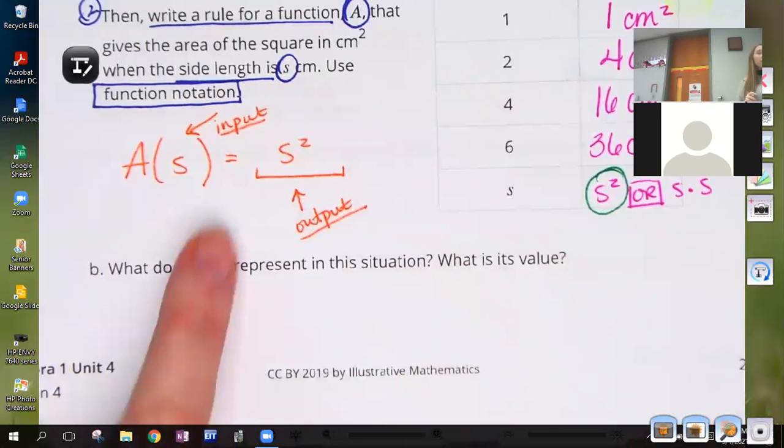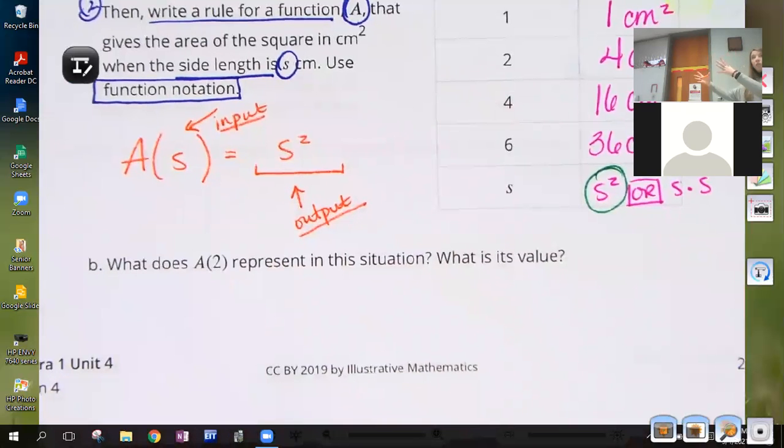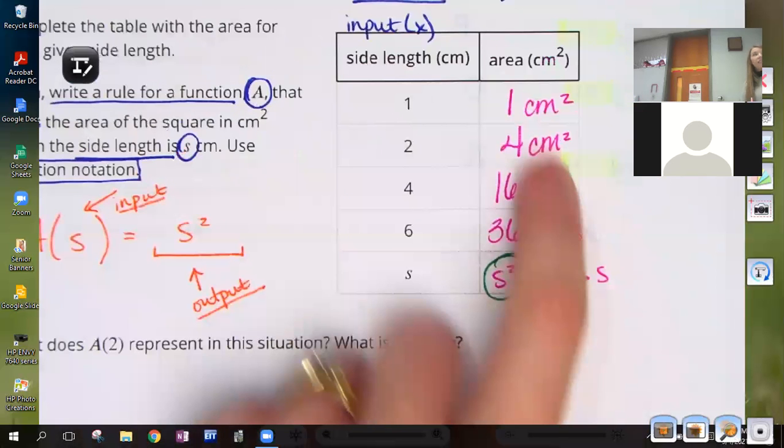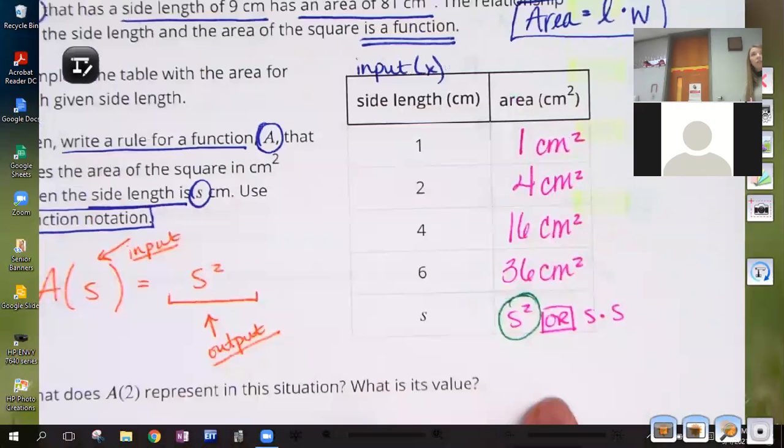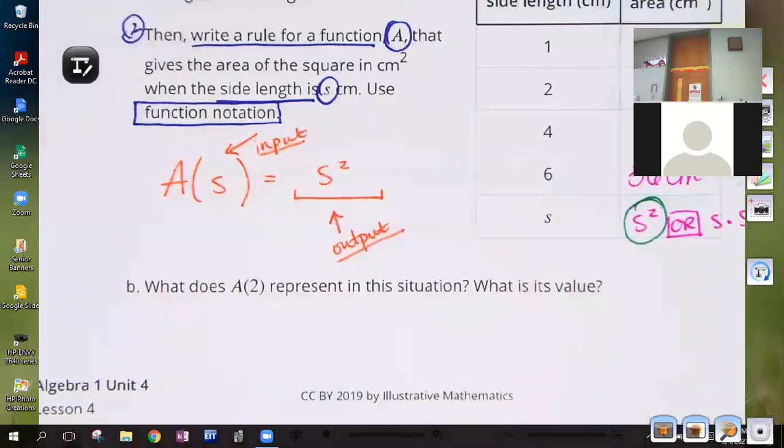Okay, that's what this says, but what if I had it set equal to something, what would that thing that it was set equal to tell me? The area, right? Everything that that's set equal to would tell me the area, right? Okay, so A of 2,